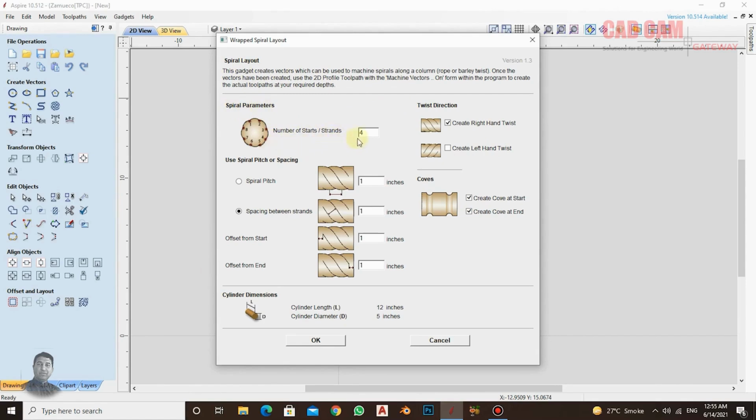All of these are based on your tool diameter or the job diameter. For example, as you can see here, the job appears in a cylindrical form. So according to that, we will design and plan the starts. After that, there is use spiral pitch or spacing. Now, there are two options. One is that for the spirals we are about to create, we can specify the pitch value, that is, the distance from the center of one spiral to the center of the next spiral,